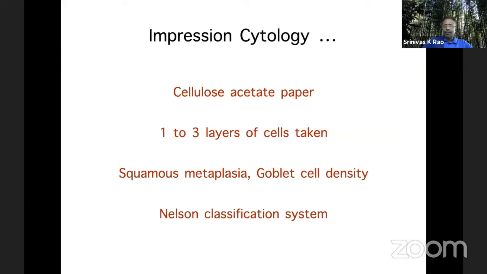Impression cytology can be done by taking a cellulose nitrate paper and pushing it onto the bulbar conjunctival surface or the area of interest. It could even be the cornea. You get a few layers of cells and you can look at squamous cell metaplasia, goblet cell density, and in the cornea, you can look for the presence of goblet cells if there's conjunctivalization, and there's a classification system that